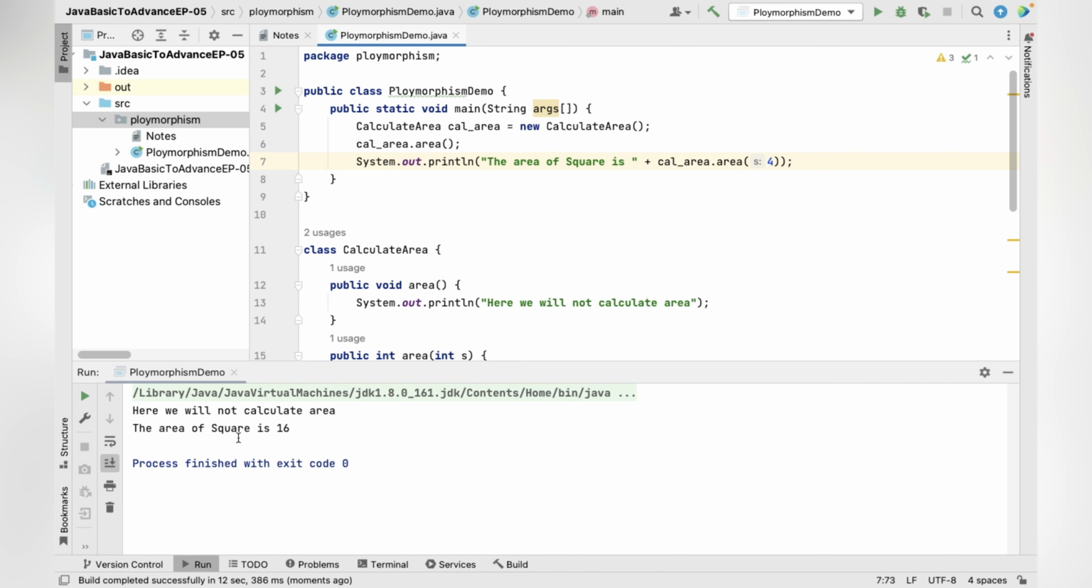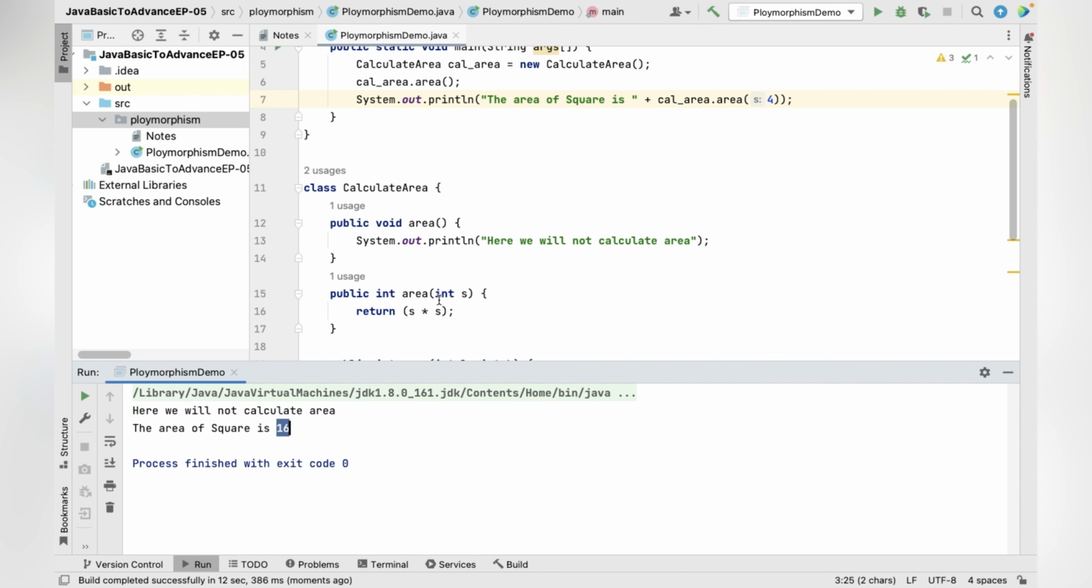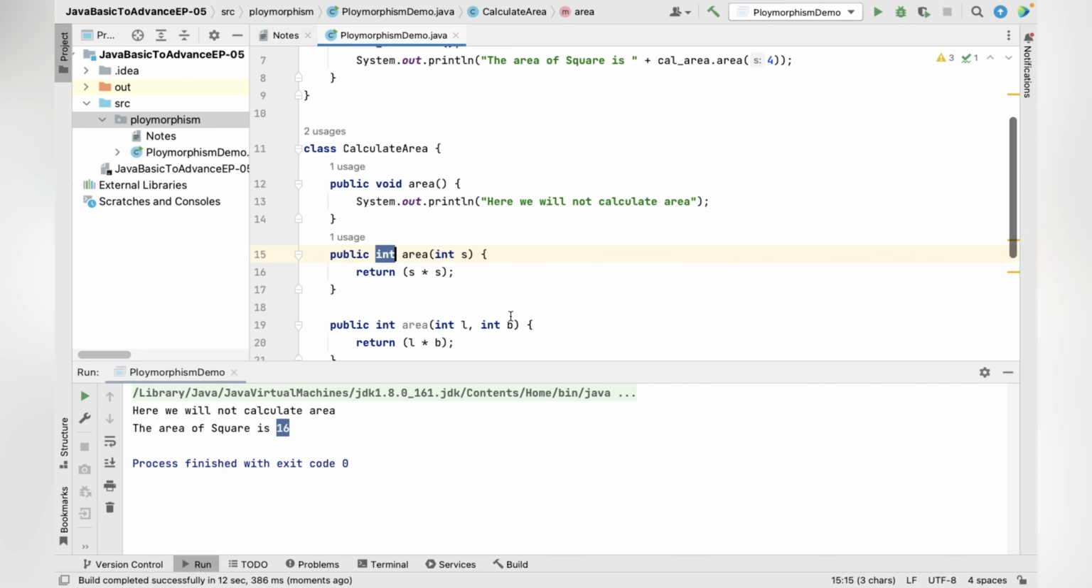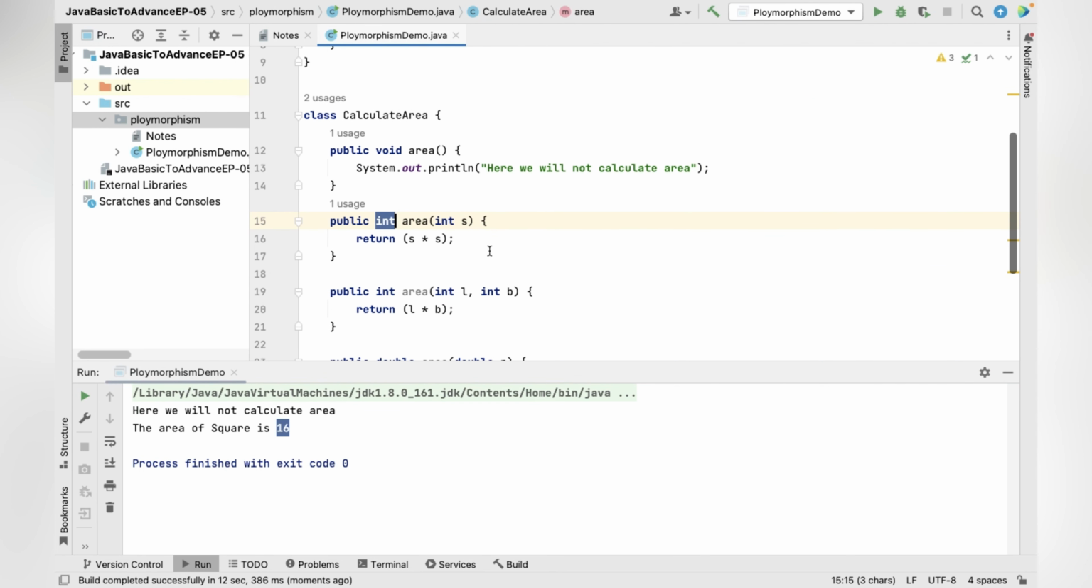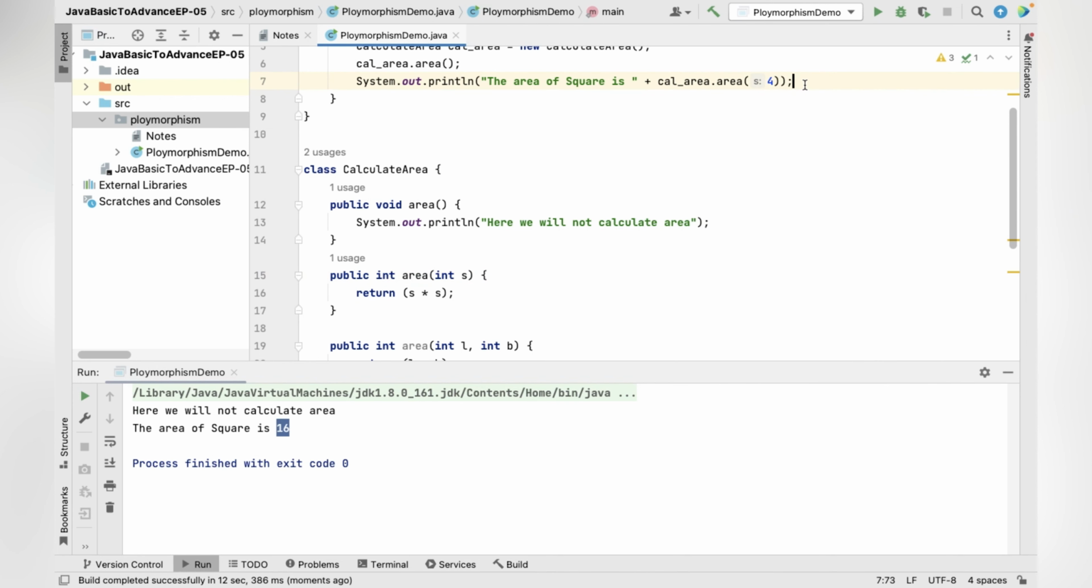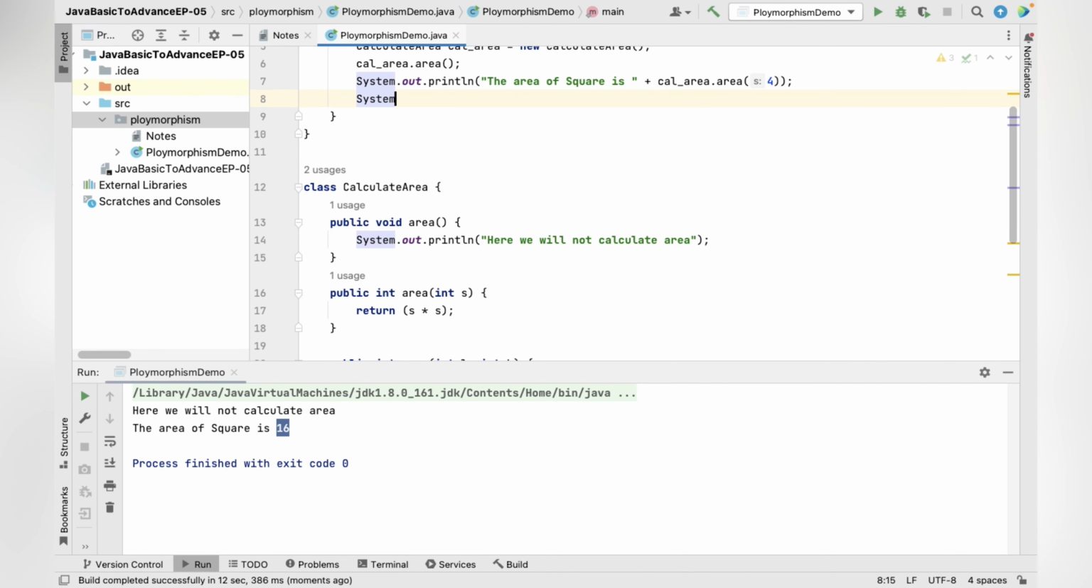So the area of a square is 16. It has given us an integer value because we have defined the return type as an integer. Now we'll see the area of a rectangle. So for here we'll give System.out.println, the area of a rectangle is